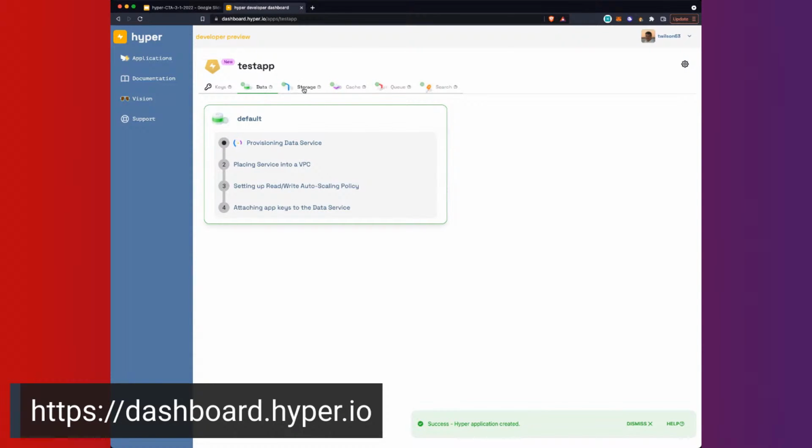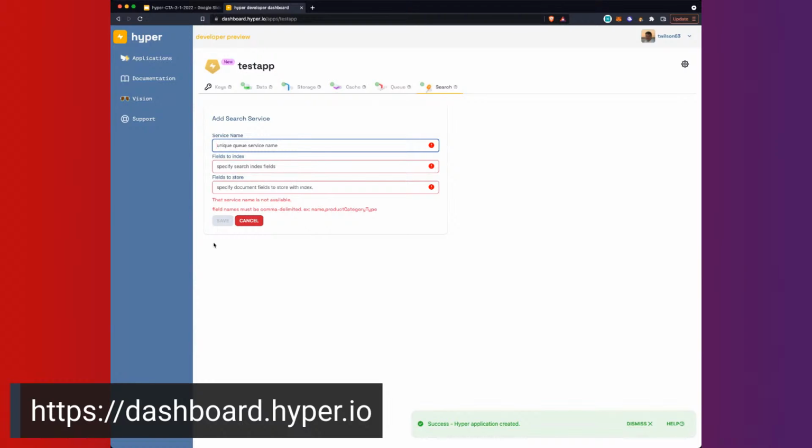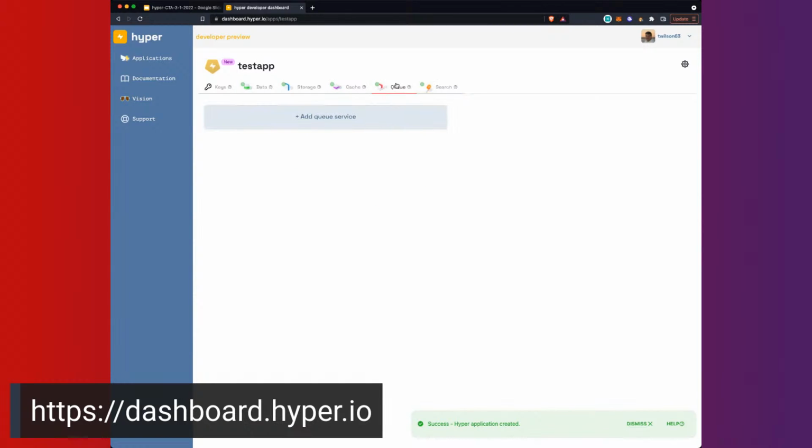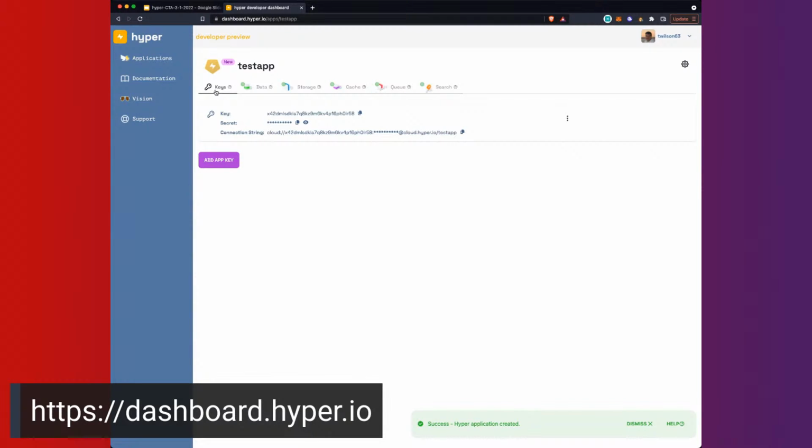And here you can see we have our data, storage, and cache, and then we have the ability to add a queue service and the ability to add a search service. And like each one of these services take a little bit more information to set up those services. So that's really cool. And we've added this tool called Vision, which allows you to query or inspect inside the HyperCloud services so you can see data or cache or storage to troubleshoot things, which is really cool. And then the last thing I'll say is upcoming on this is we're working on going beta, and